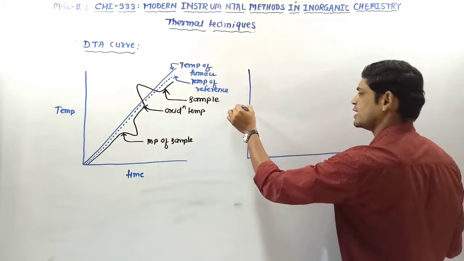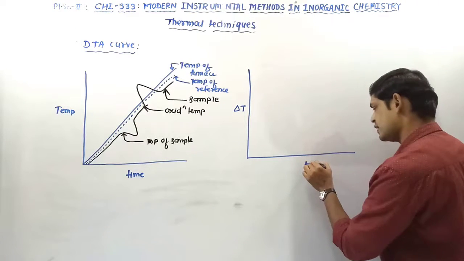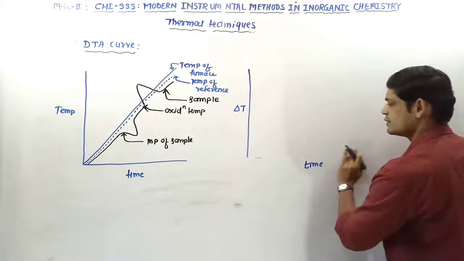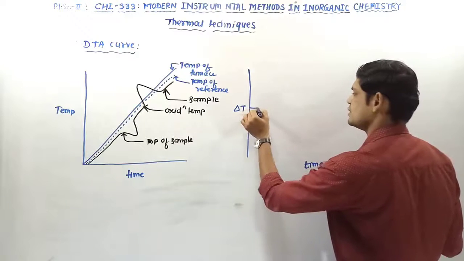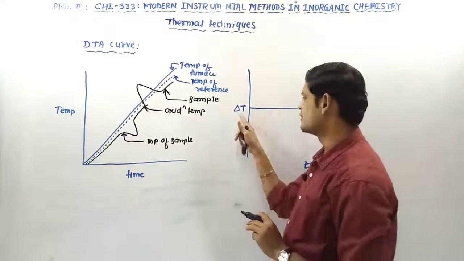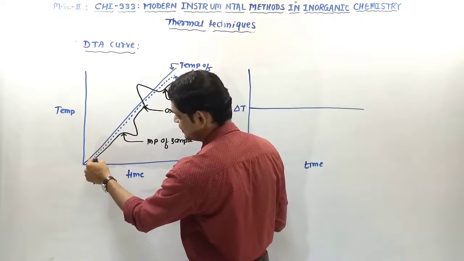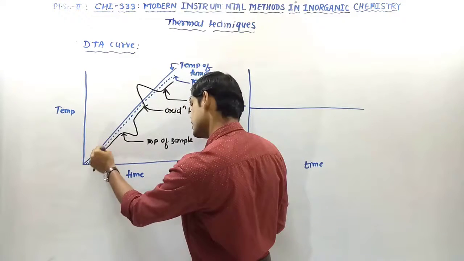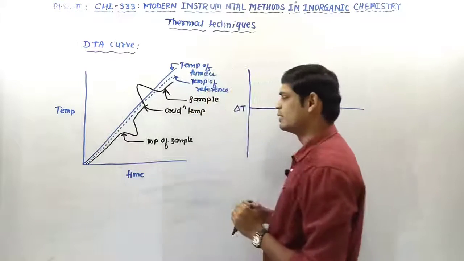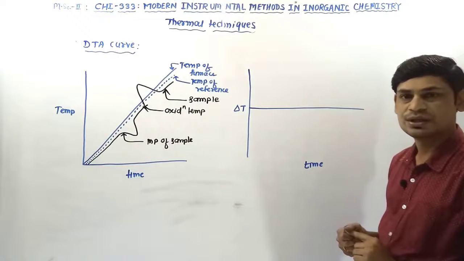So if we plot a delta T over here, the difference in temperature, against time, we will take the middle portion. Suppose that this is the axis where the temperature difference is 0, just like in this portion. All these have the same value, but as a part of distinguishing, we just draw it upward and below. This is a 0 temperature difference, you can say.